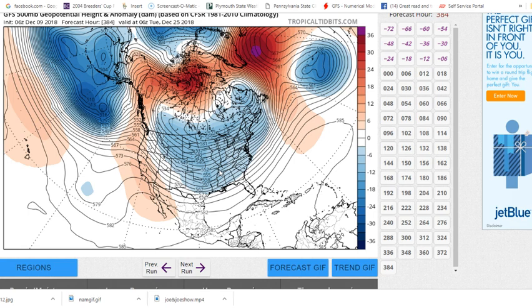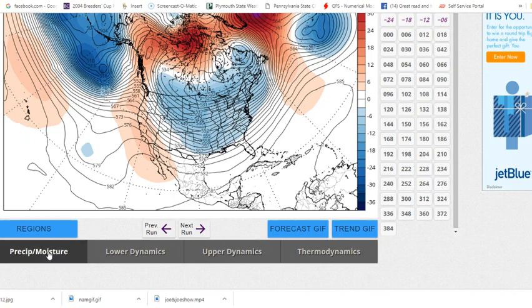It's been doing this for a few days now. I think it's still at the point of trying to figure out where this starts in terms of timing, because sometimes you get a series of model runs where everything gets pushed back another 12 hours, another 12 hours, another 12 hours, and it almost seems like it never gets here. So I think we're at the point where the model's just trying to figure out when it's going to start to change it back to a colder scheme, whether it happens right before Christmas or shortly afterwards. But I think that's the direction that we are going in, that we're getting a bit of a break